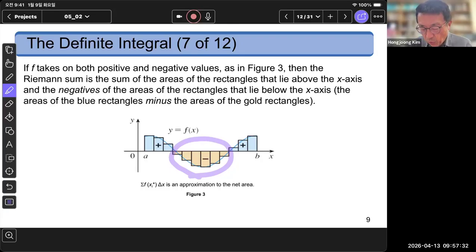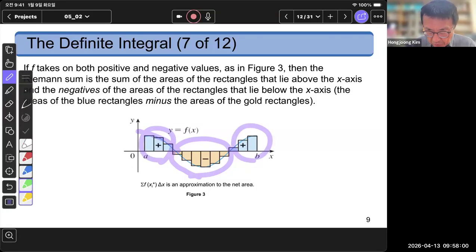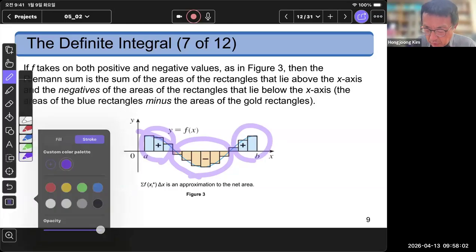So when your f is positive valued, you approximate, you get the area of the region. For negative valued, you are considering the negation of the area. So here for the positive side, you get the approximation of the area